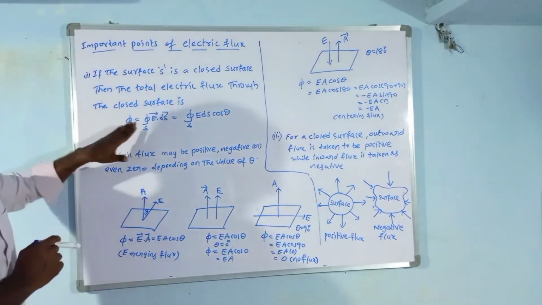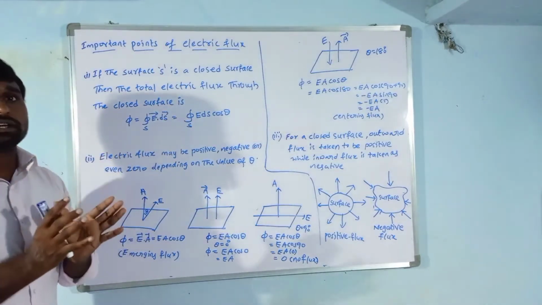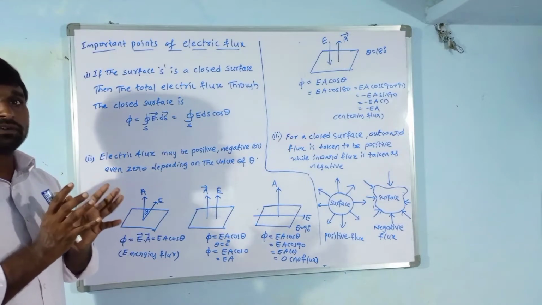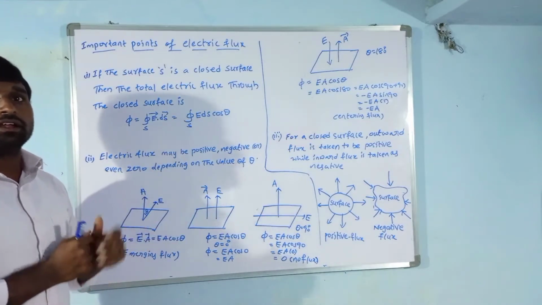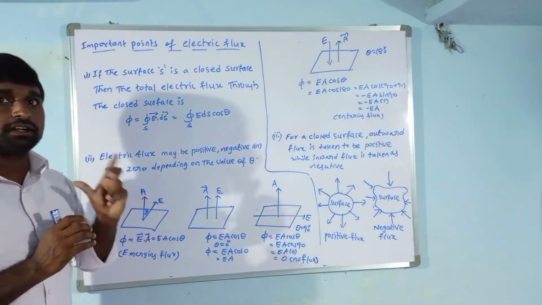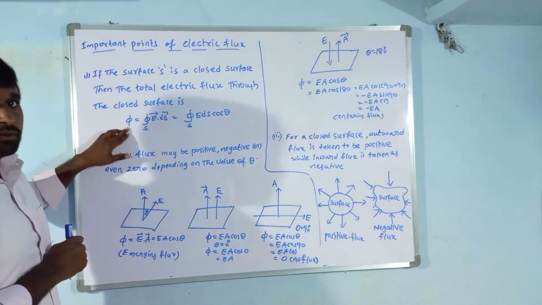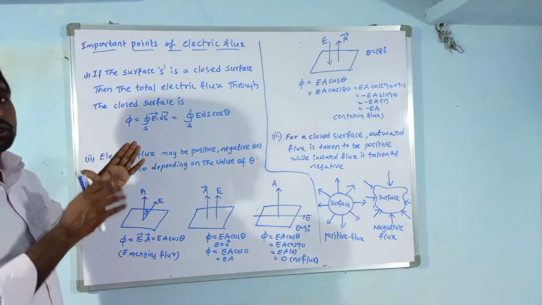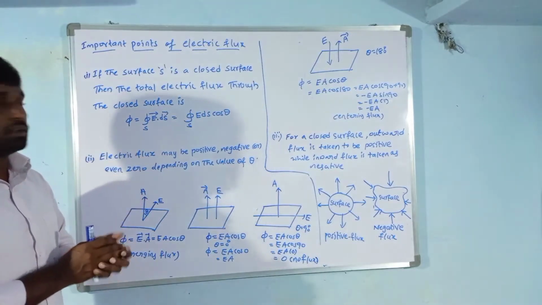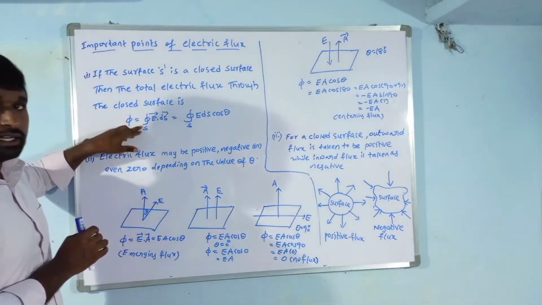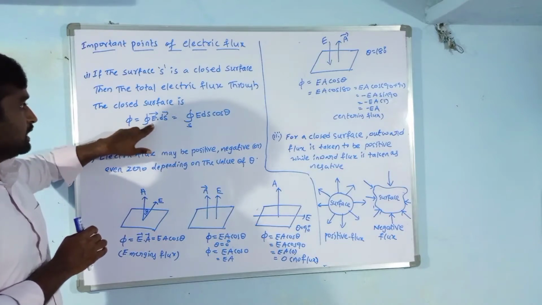So that means when we take a closed surface, that closed surface is placed inside the electric field. Now what is the electric flux linked with that closed surface? That is phi equal to, what is the flux through the total closed surface? Phi is equal to the surface integral for the closed surface of E dot dS.